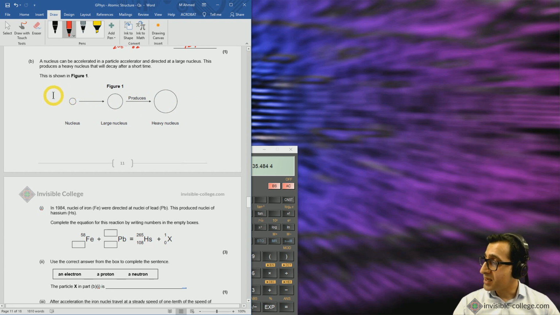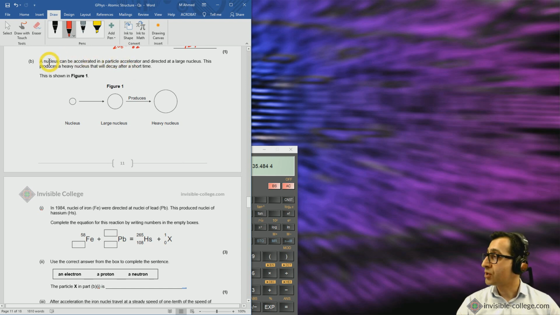Now, this is an example of a question which is presenting you with a context that you're probably unfamiliar with. Your specification probably doesn't have anything to do with particle accelerators in it, or very little. And yet the examiner is asking you about particle accelerators. Now, this is a typical trick that examiners will use in order to put you in an unfamiliar context, but they're doing it so that you can apply your existing understanding of this topic to this unfamiliar context and then